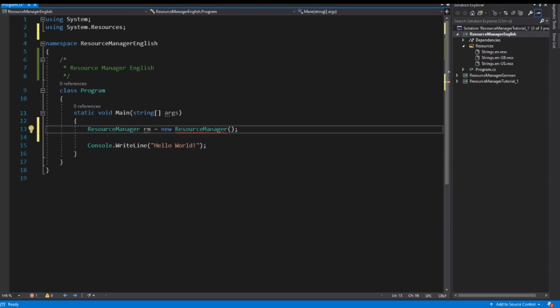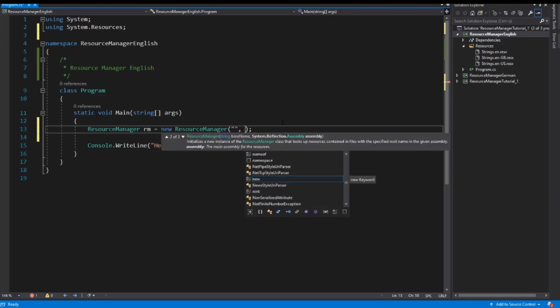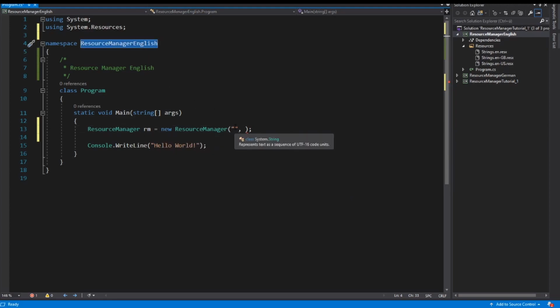This Resource Manager gets two arguments. The first argument is the base name, and the base name is the location where we can find the satellite assemblies at runtime. So this is our namespace,